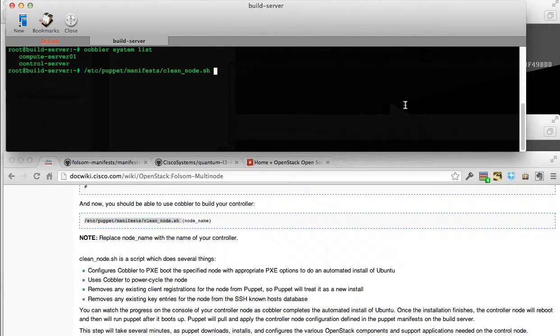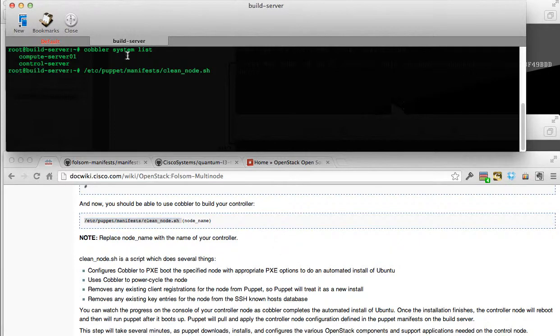Okay, welcome to part 2 of our Cisco OpenStack Edition-Folsom multi-node walkthrough. In the first recording we looked at our basic topology, how we set up a build server with Puppet, and all of the applications that we're going to use to now launch into our control and compute node build. In this one we're going to talk about building just the controller and then the compute node, and then our final recording will be testing it all through Quantum setups, downloading images into Glance, and then firing off some